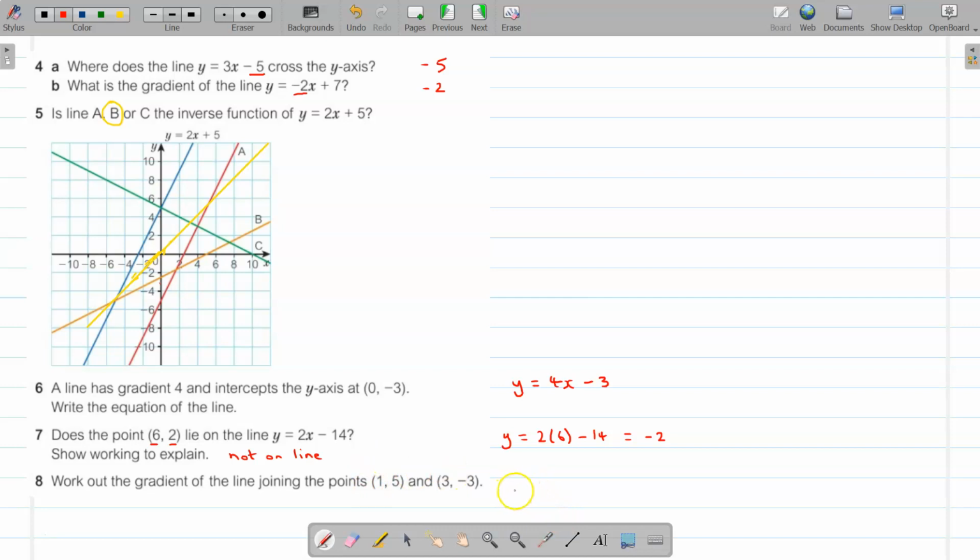So the gradient is minus 3 minus 5. Okay, so I'm going from right to left. Minus 3 minus 5. So that's the subtraction of the two y coordinates divided by the subtraction of the x coordinates in the same order, which is 3